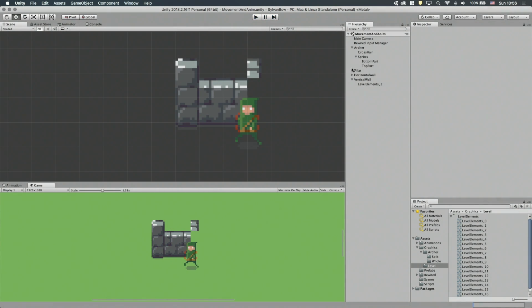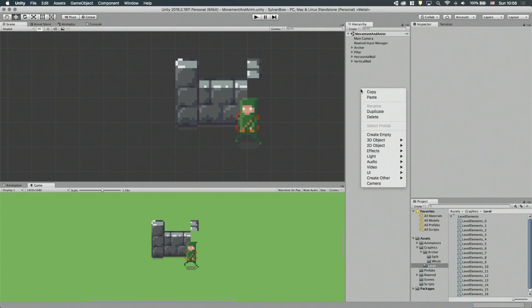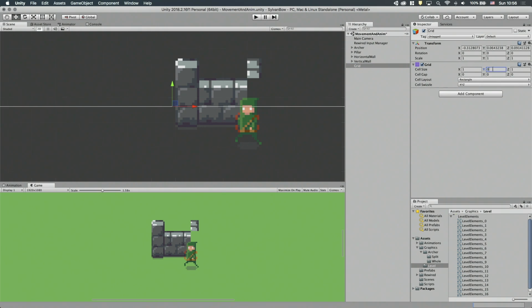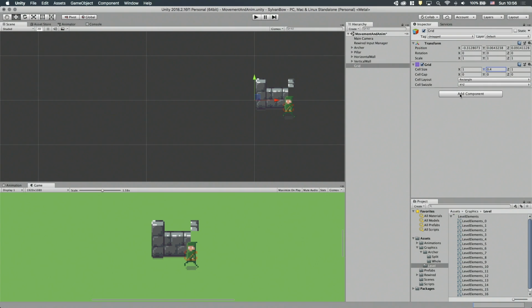We can make our lives so much easier if we use grids to position the level's elements. Unity has a component called grid which will force its every child object into a given grid. This will make every placement perfectly precise. Let's create a new empty game object and name it grid. To make it act as a real grid, we have to add a grid component into it. Let's change its cell size to 0.1 by 0.04 so it matches our perspective from the last episode.